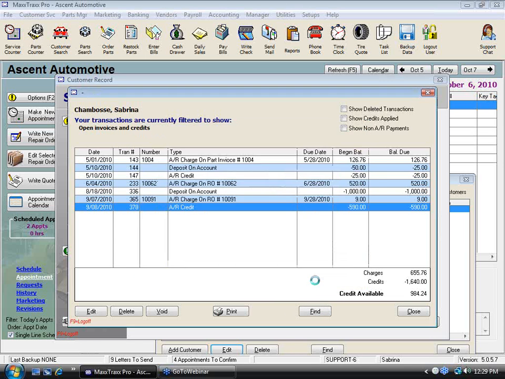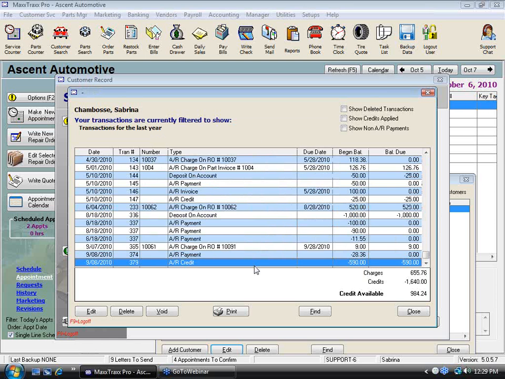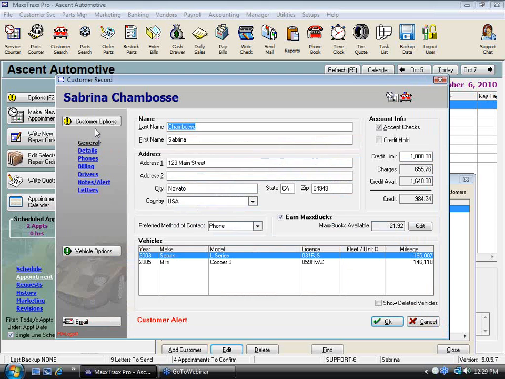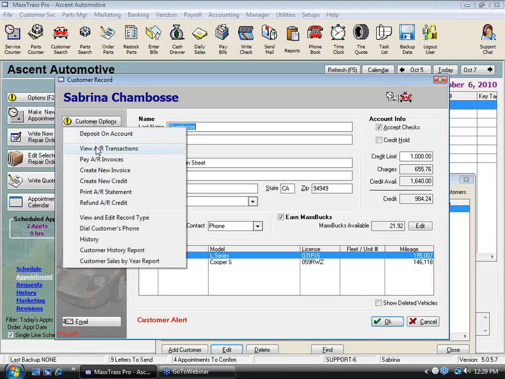So when I click OK, it gives me more action, okay? So it's just a little hint a lot of people don't know about when you want to view transactions. It defaults just to the open stuff, okay? This is, of course, where we pay AR invoices if you need to write an invoice or a credit to a customer. And remember, when you're doing this in the back end, what I call the back end,